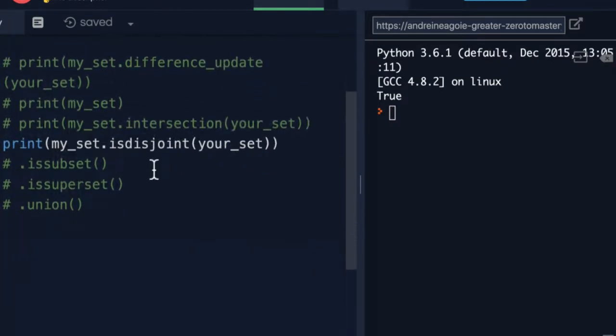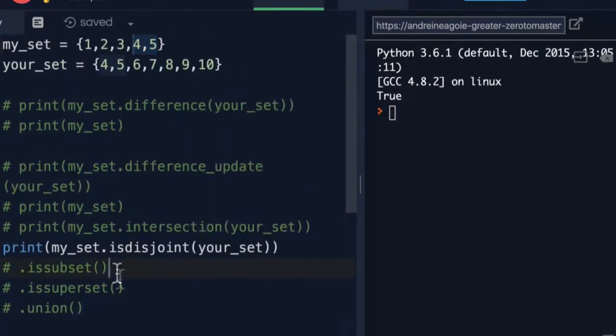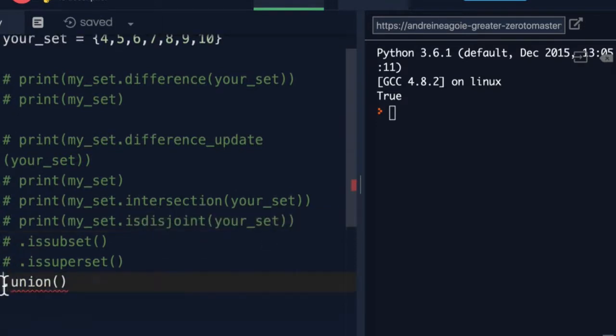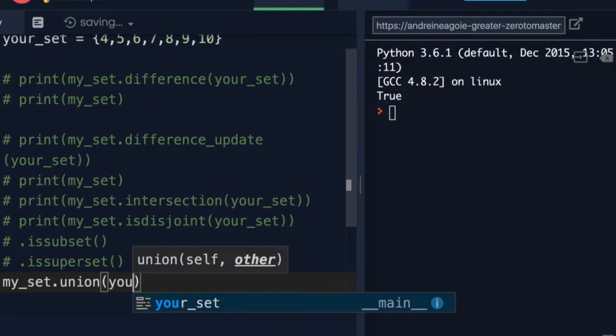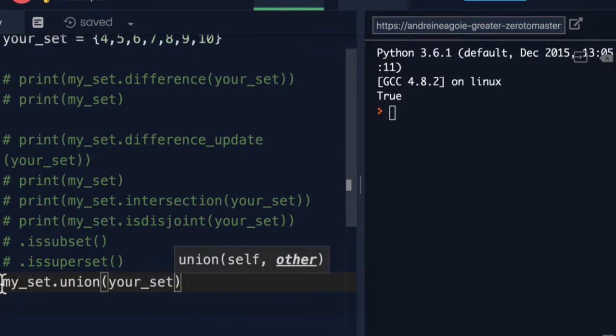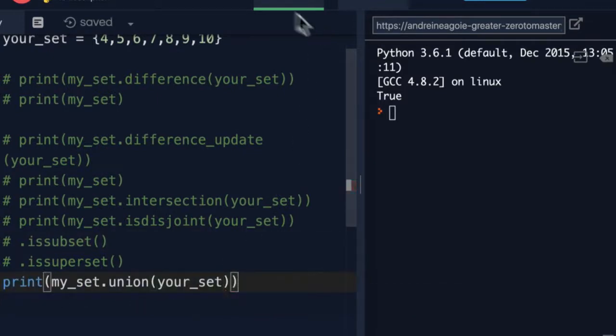Awesome. Just a few more. The next ones we're going to see are is subset and is superset. But actually, before we do that, let's do union. Let's see what this does. Union will say my set, and in here, we want to add the other set, your set. If we print this and click run,